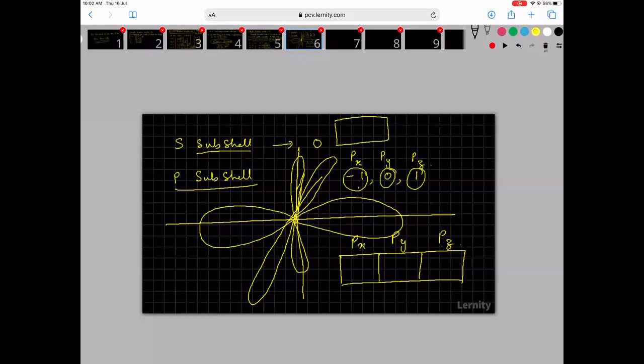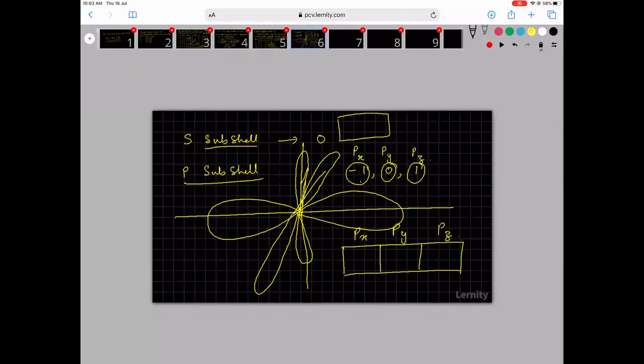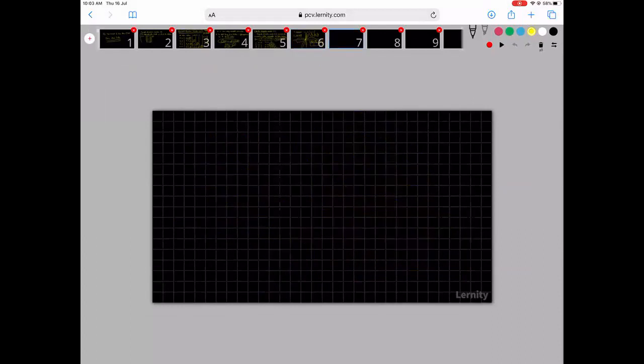Now their orientation, how are they oriented? One is along the x-axis, one is along the y-axis, one is along the z-axis. So that is how it is oriented. Orientation means how is it positioned in 3-dimensional space. So along x-axis, y-axis, z-axis. Okay. So you don't need it, but we'll just write it because it is only 3. We don't mind it.